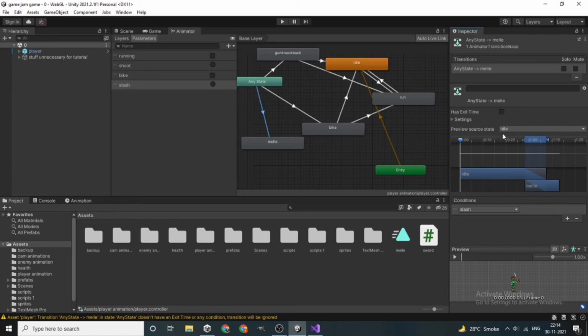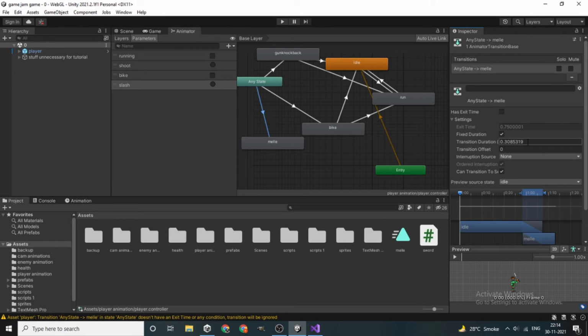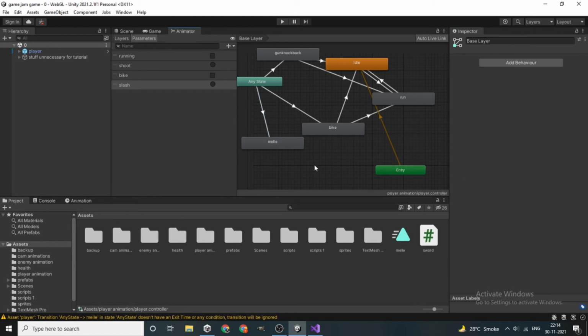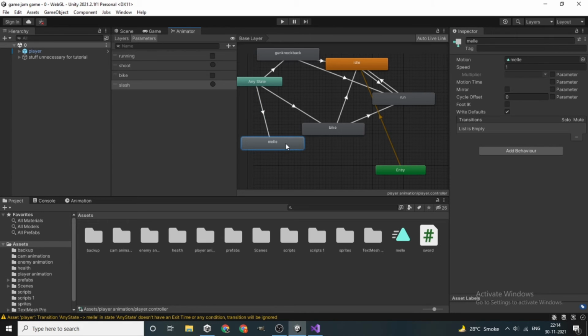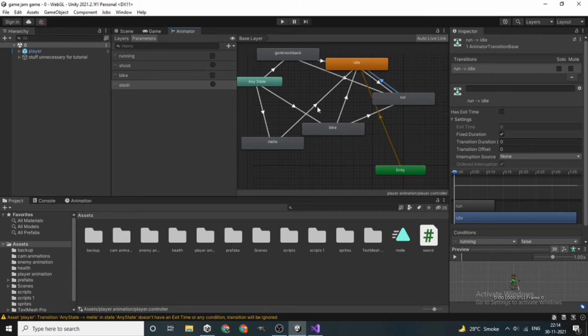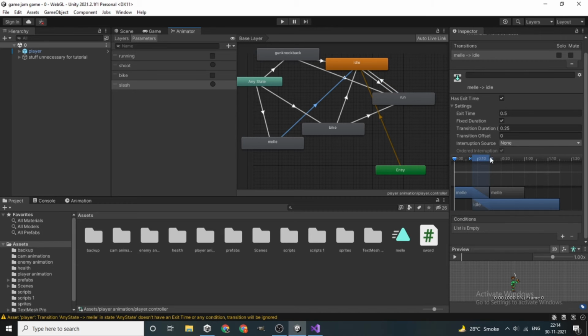Actually, we do not want any exit time here, but while going back to other animations, we want to have exit time. Like going to idle and run, we want to have some time between the transition. So this full melee.